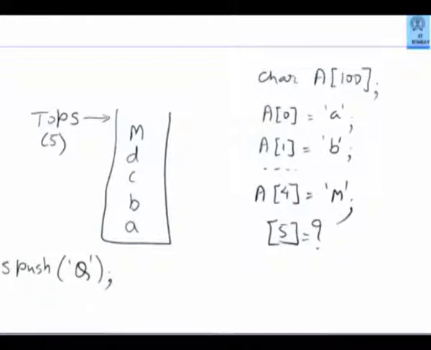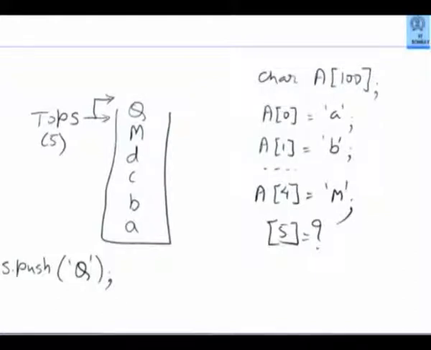So let us say I will have to say S.push(Q), where S has been defined as an object. Notice that I don't even know what is that array internally that is used as stack. I don't know what is the current position there. I don't know how the stack is implemented. But I would know that if I said S.push and gave a character as a parameter, then this character Q will go and sit here. And the top will be incremented by 1 to point to the next position. That is how I will have to implement this function.